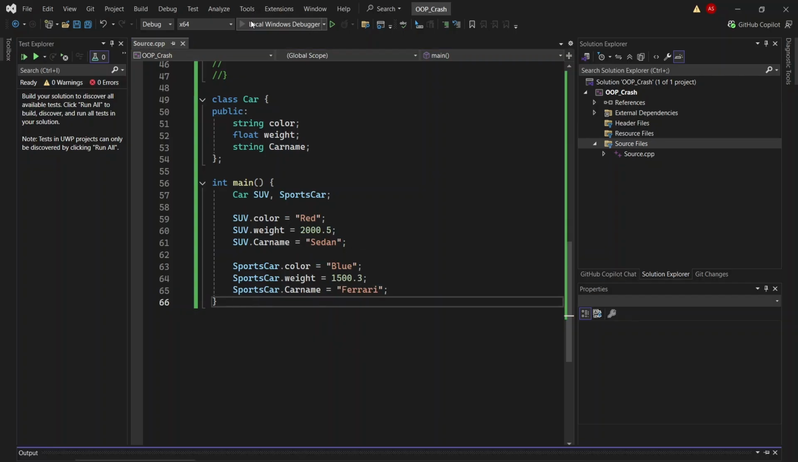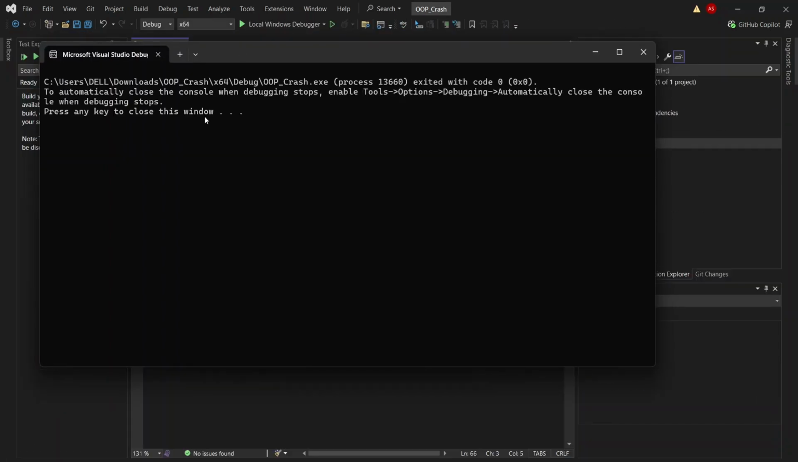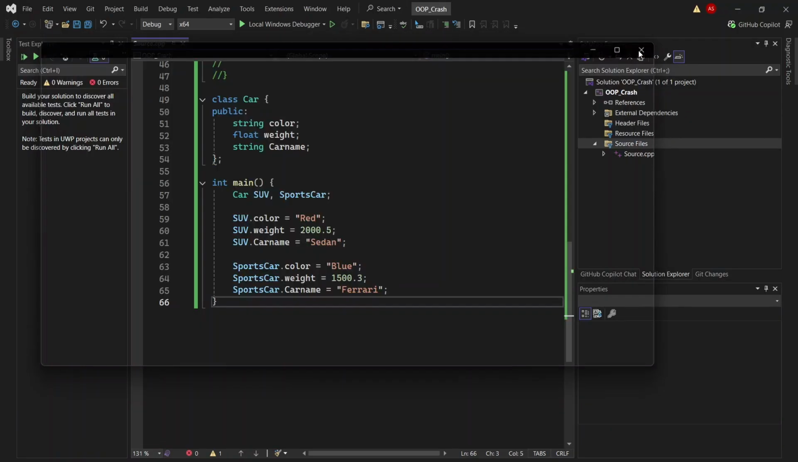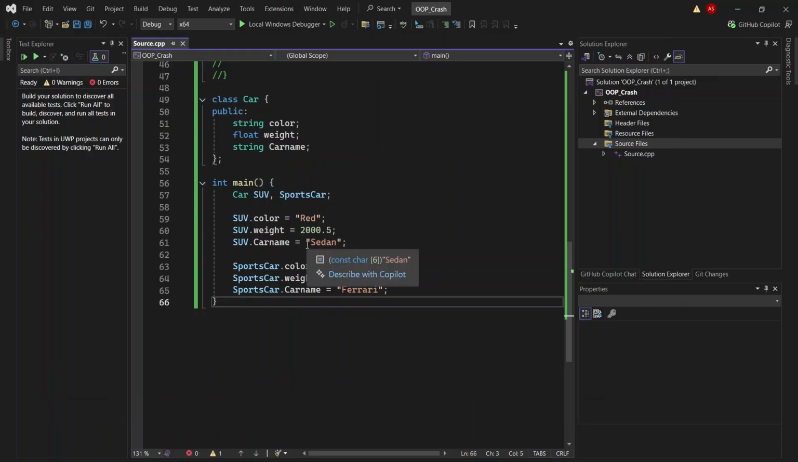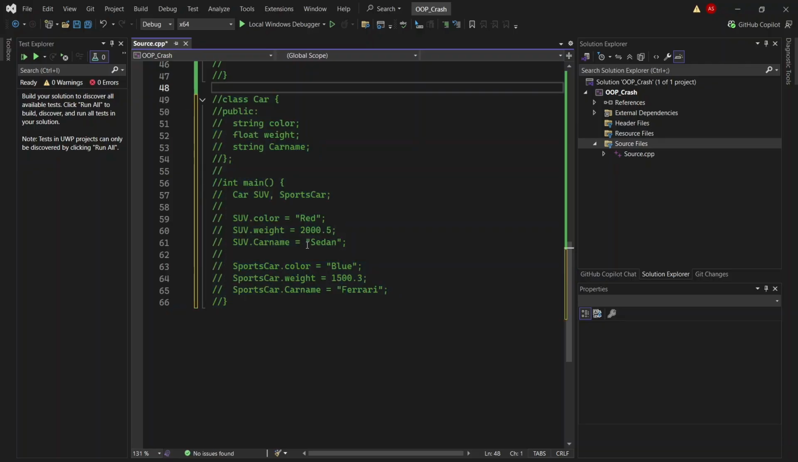Now if I try to execute this program, it will execute successfully. Now why is there no display here? The main reason is I just updated the values here and didn't write any line to display these properties and values. Okay, that's the basic example of what is class